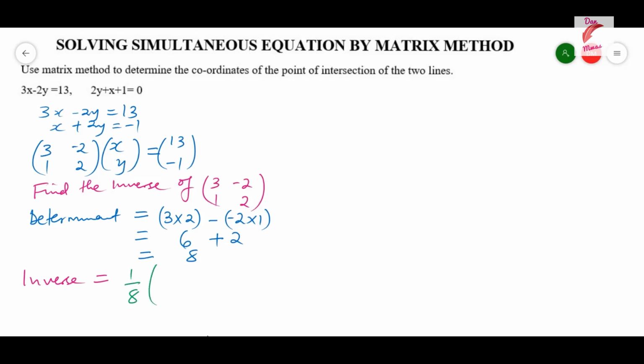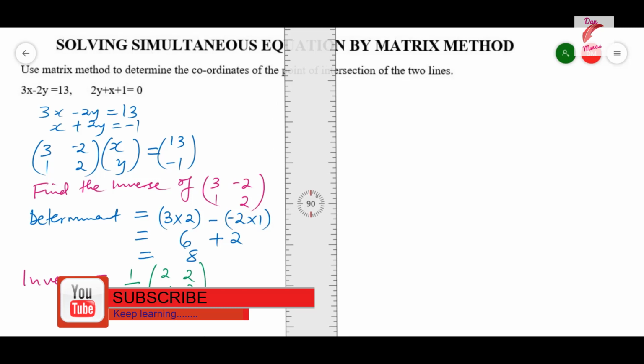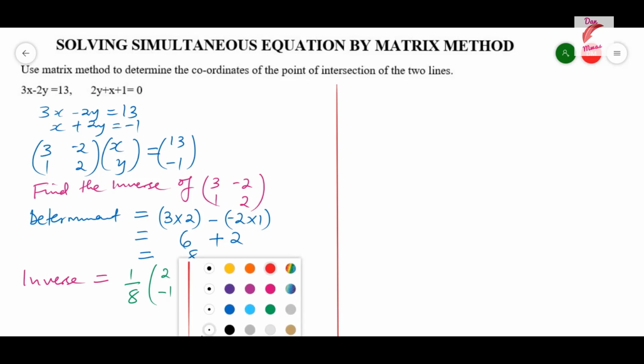Then for this matrix, we have to reorganize it such that here we start with 2. These points are interchanged. 2, then -2 changes the sign to +2. This 1 becomes -1, and 3 remains. So that is how we get the inverse of that matrix. At this point, you can decide to multiply everything inside the bracket by 1/8, or you can just leave it like that. The next step is to